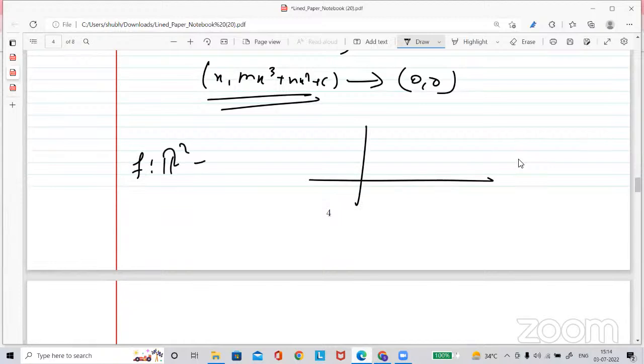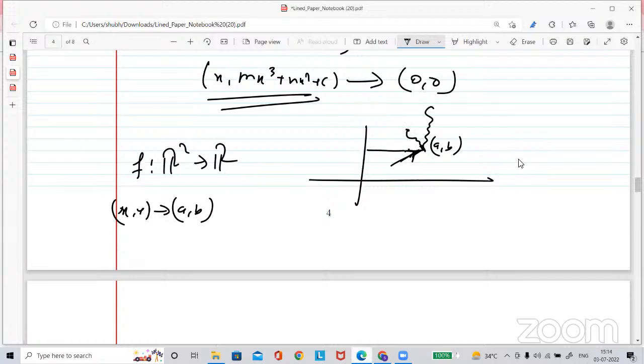Now let's go back to the limit case. Suppose we have a function, and we want to find the limit of the function as (x, y) goes to (a, b). So (a, b) is here, and we are approaching (a, b). The definition of limit is: whatever approach you take, either according to this curve or according to this line, you are approaching this point, but for each approach,